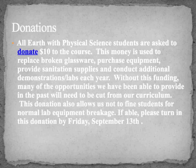Every single earth science teacher is asking for a $10 donation. And I want to be very clear that it is a donation. It's not a lab fee. It's not something that's required. And the money that is given to the earth science department is used to help